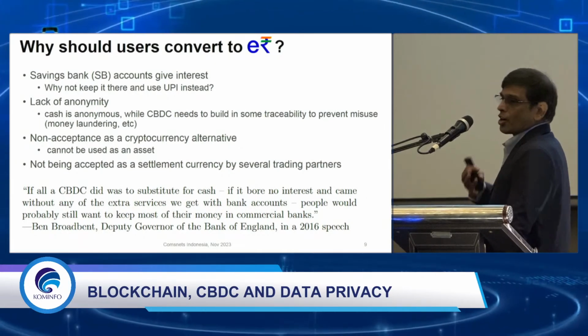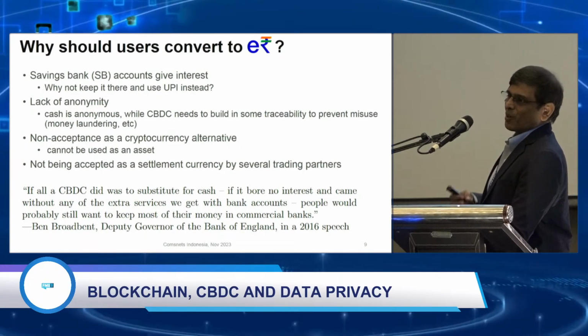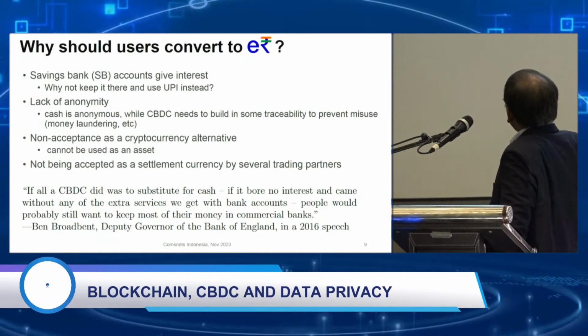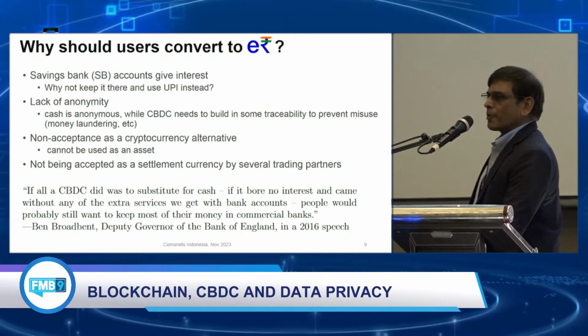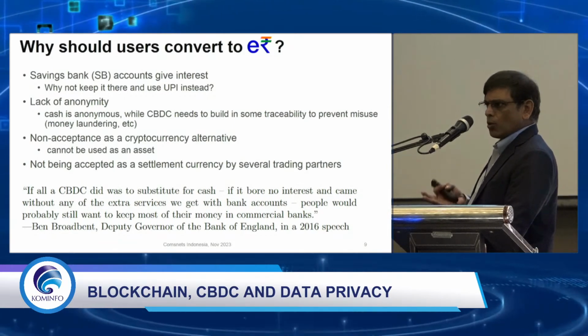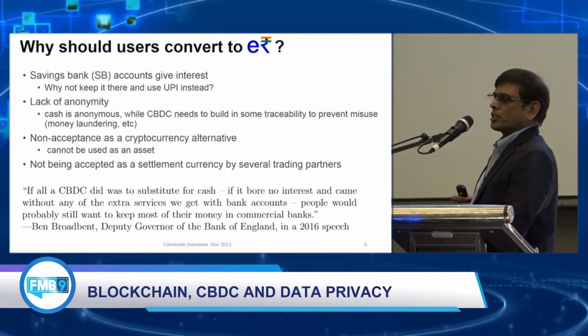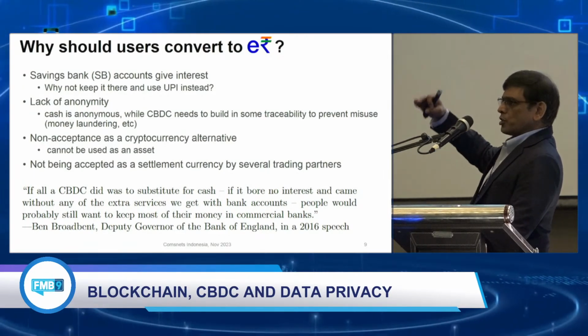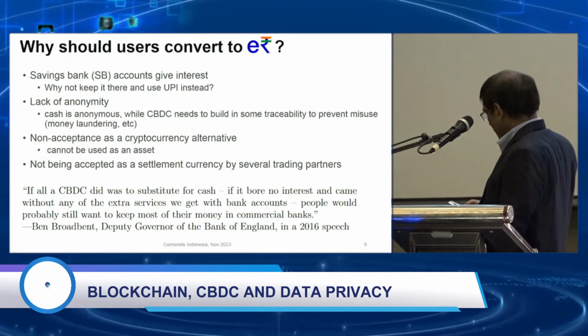CBDC is nowhere near anonymous, and in fact, Huzur gave a very nice example of crypto itself not being anonymous, that you can trace it and so on. CBDC is even worse, right? So there is another problem with CBDC, that it's not a good replacement for cryptocurrency, and that is because cryptocurrency is speculative, so therefore has an asset-like value. Means the value of this cryptocurrency keeps going up, CBDC's value will not go up, okay?